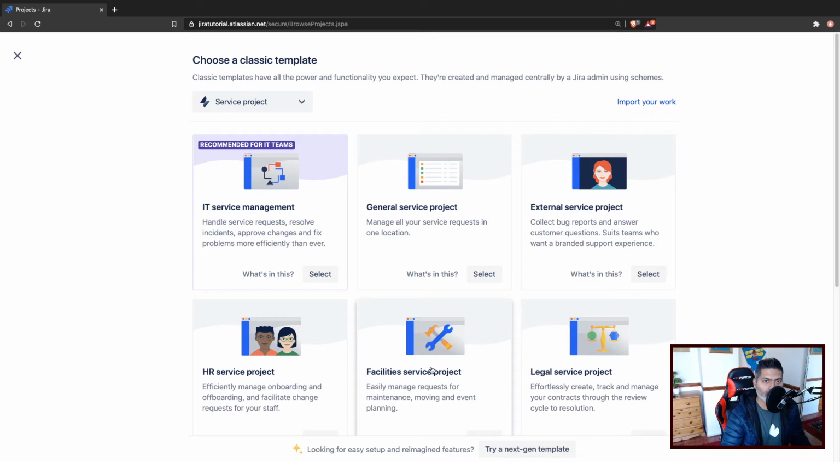So when you create a new Jira Service Management type of project, you of course have the option to create a project with a template. So there are templates, and I made a few videos talking about different templates and how these templates are different from each other. Now, when you create a service